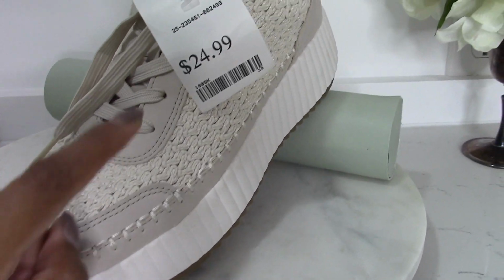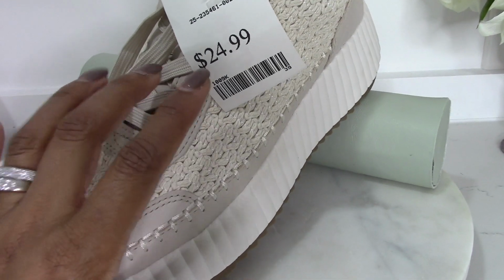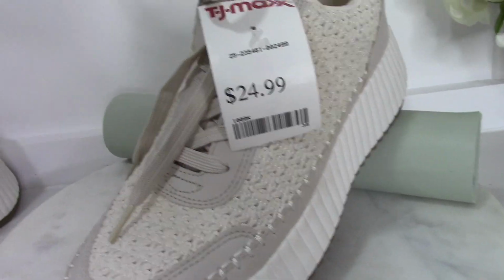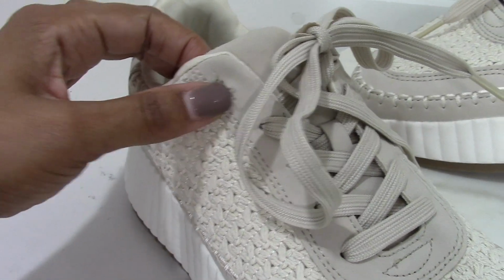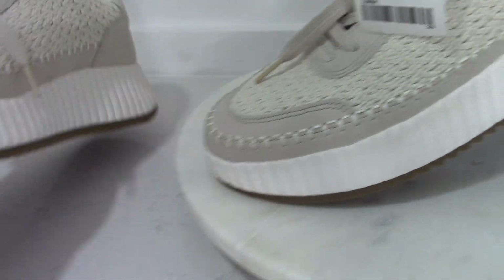I have the cheap version here. It's $24.99. It was reduced for me. I think this cheap version was $39.99 originally, but they gave it to me for $24.99 because, as you can see, one of the loops is missing. So anyhow,